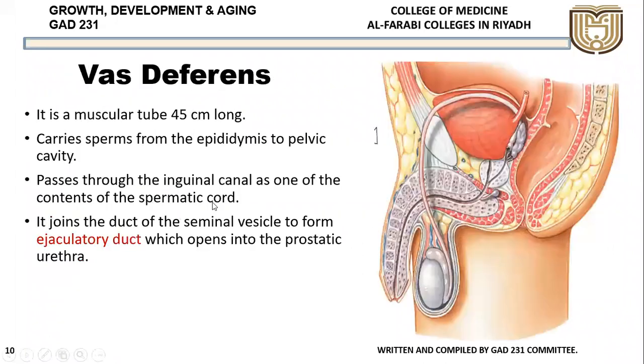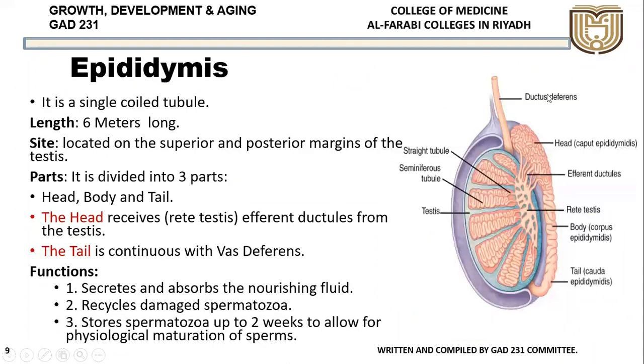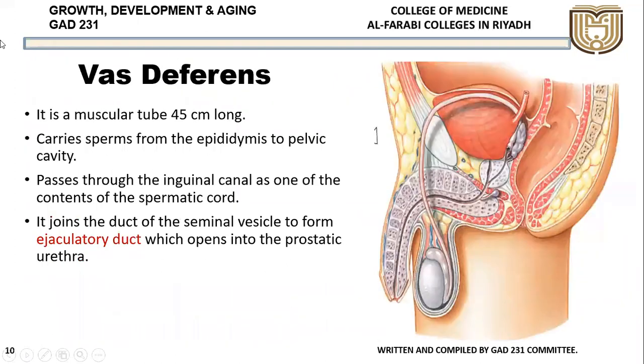Now coming to the vas deferens. So we have studied the testis, we have studied the epididymis. Now we'll see this long duct called the vas deferens, or as I said, it is also called the ductus deferens. Both are the same. Okay. So it is a muscular tube almost 45 centimeters long. This long tube carries sperms from the epididymis to the pelvis. If you can see here, this is the scrotum within which the testis is there. Now it is carrying the sperms from the scrotum all the way back into the pelvis. The lower part of the abdomen is called the pelvis, and it is going into the pelvis.